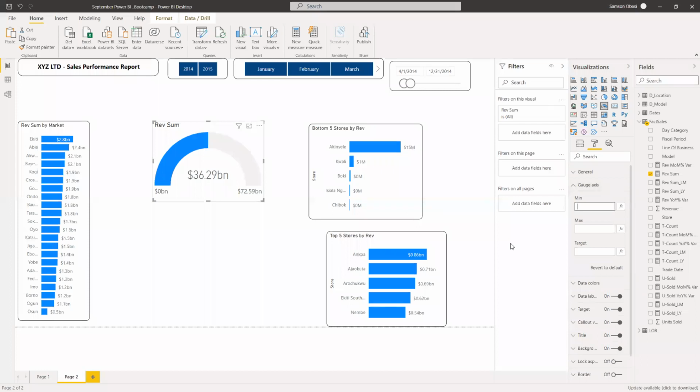I probably want the minimum revenue to be, let's say, 1 million, or let's say 10 million. So 10 million, and the maximum, right? The maximum one we're looking out for